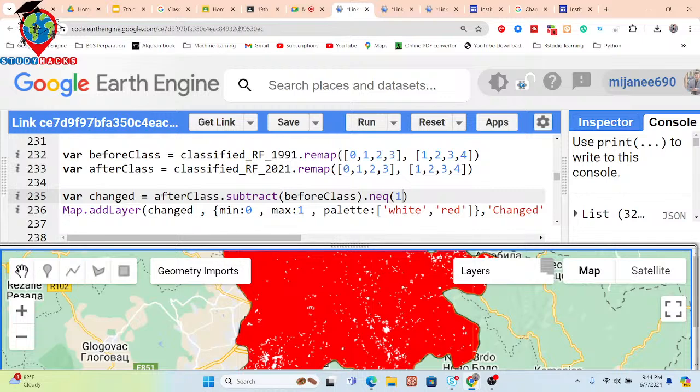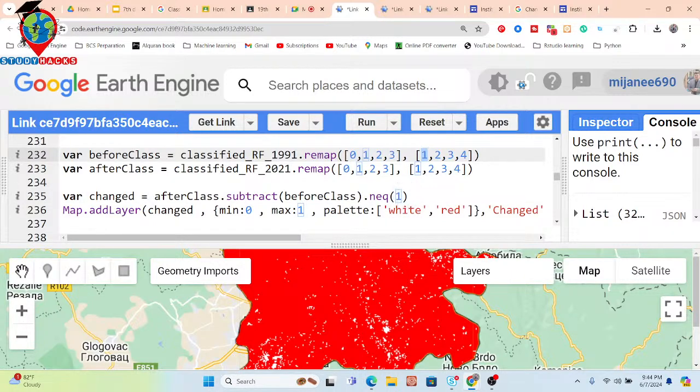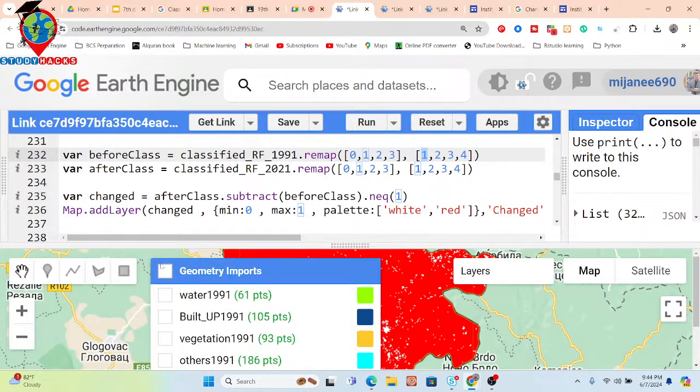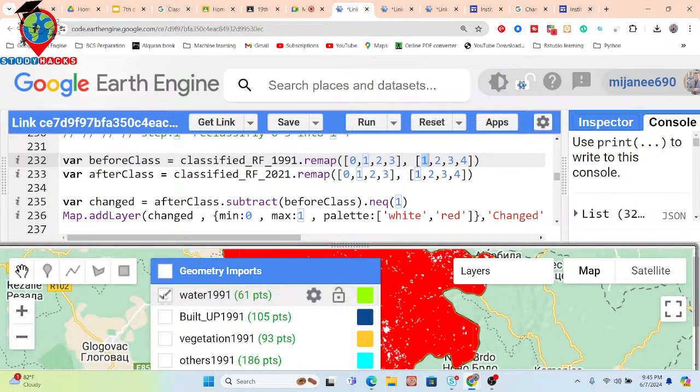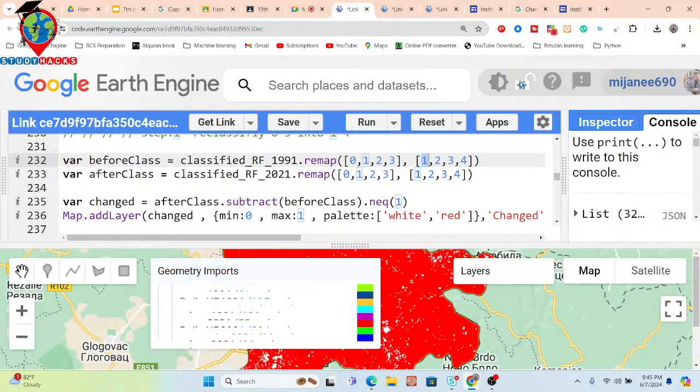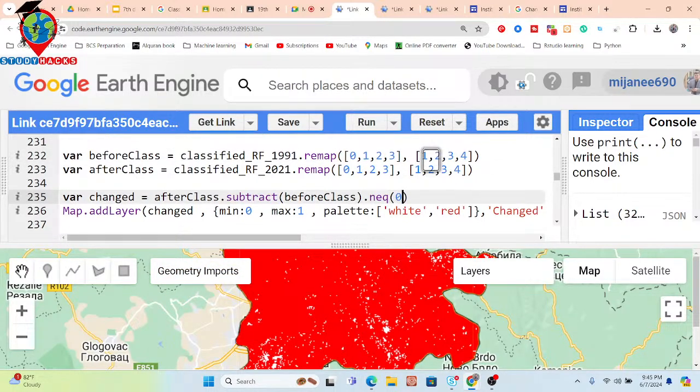In this time, not equal to 1 indicates one class mainly. Suppose it's only for water. Okay, it's water, not equal to 1. Oh, I just put not equal to 0, and then